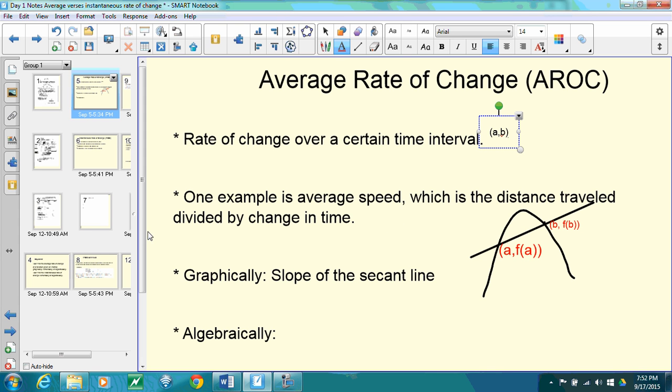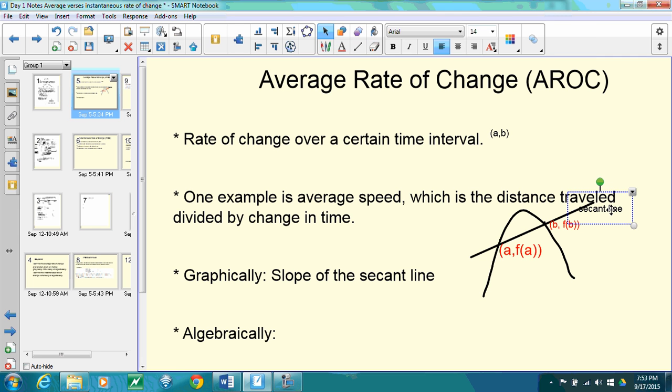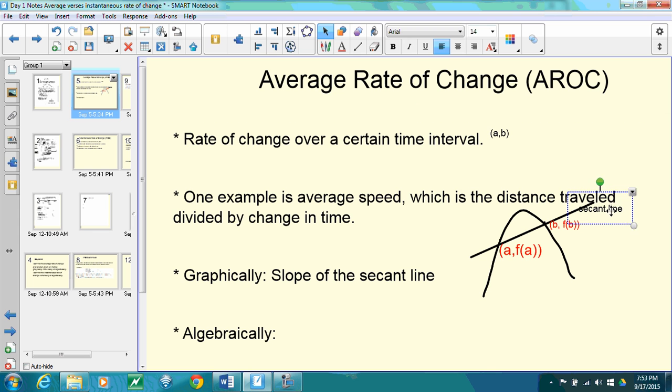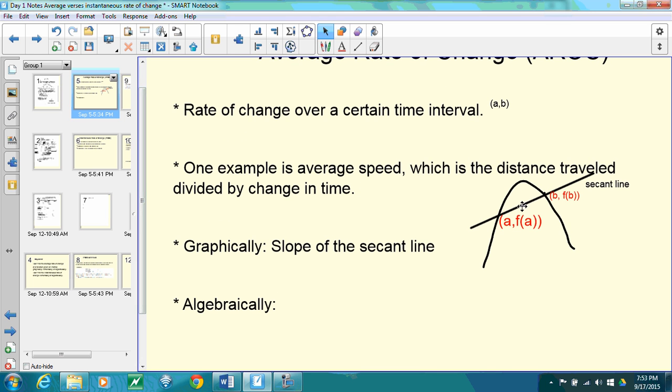So graphically, it's the slope of a secant line. So I drew a curve over here, and this line that I drew through it is called a secant line. And a secant line is a line that goes through 2 points on a curve. So a tangent goes through 1, a secant line goes through 2. And if you find the slope of that line, then you get the slope of the secant line. So if I use these 2 points, B, f of B, A, f of A,